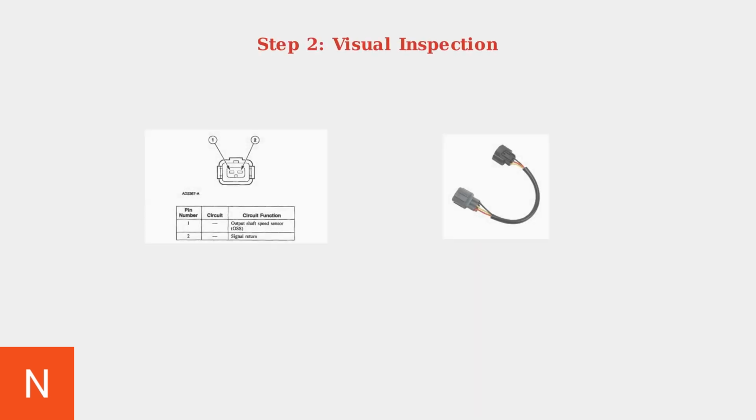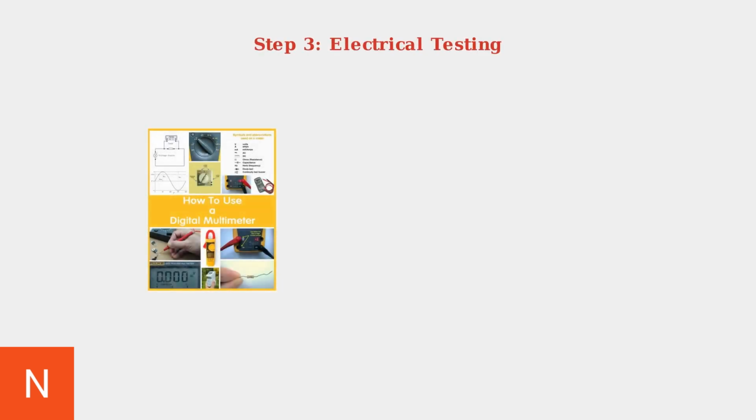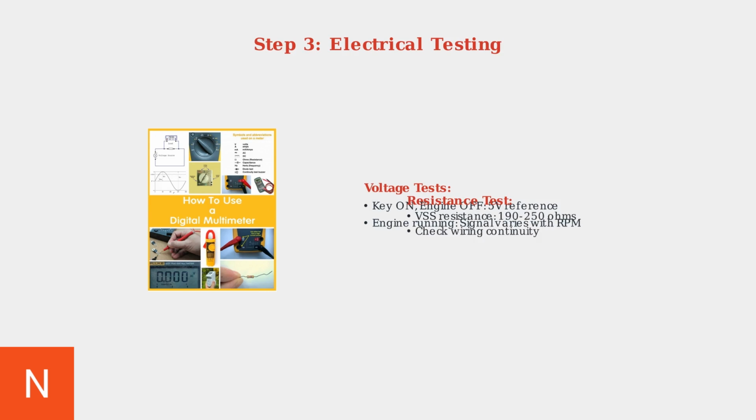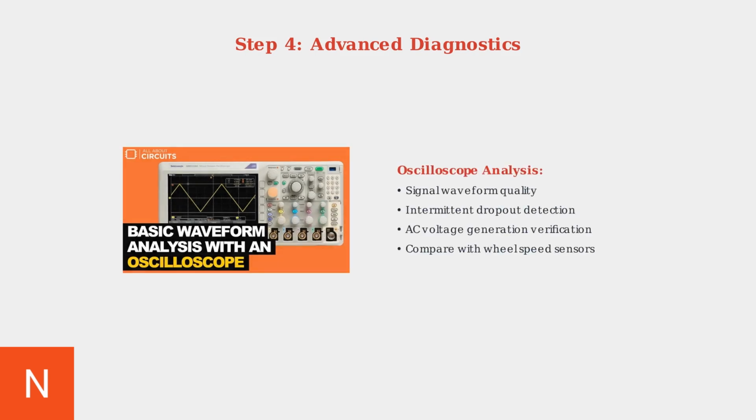Next, perform a thorough visual inspection of the vehicle speed sensor connector and wiring harness, looking for signs of corrosion, damage, or loose connections. Use a digital multimeter to perform electrical testing. Check for 5-volt reference voltage with the key on and engine off, then verify the signal voltage varies with RPM when running. For advanced diagnostics, use an oscilloscope to analyze the signal waveform quality and check for intermittent signal dropout